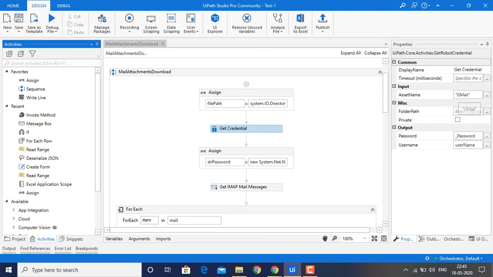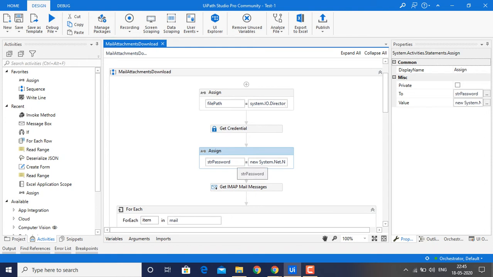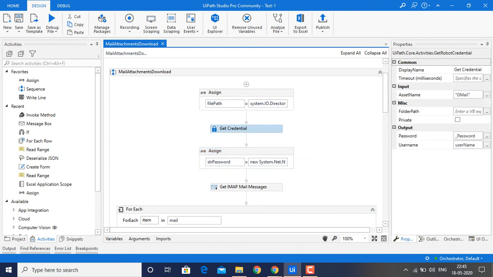If you observe, my asset name is Gmail, and I have taken password underscore password as a naming convention, and username as username. And guys, this is where we are getting the password as a secure string.